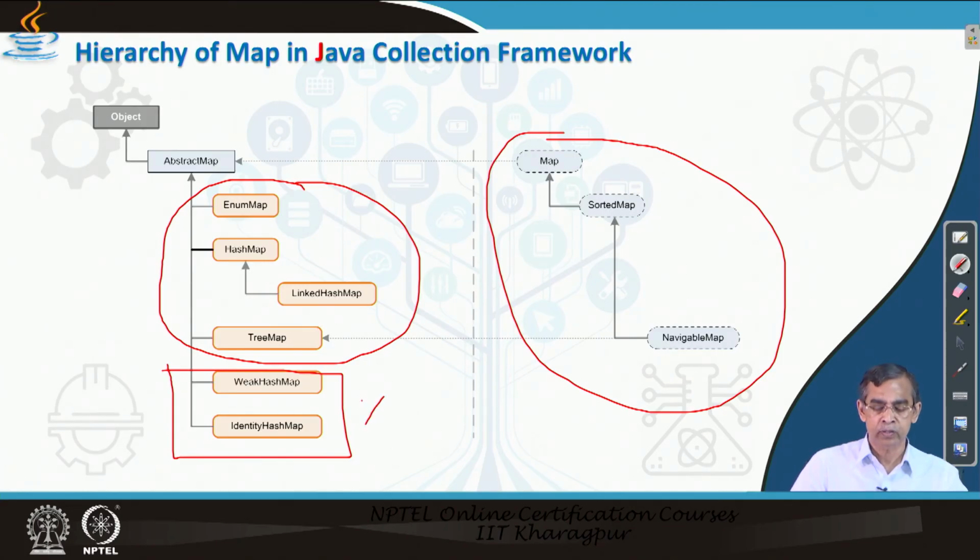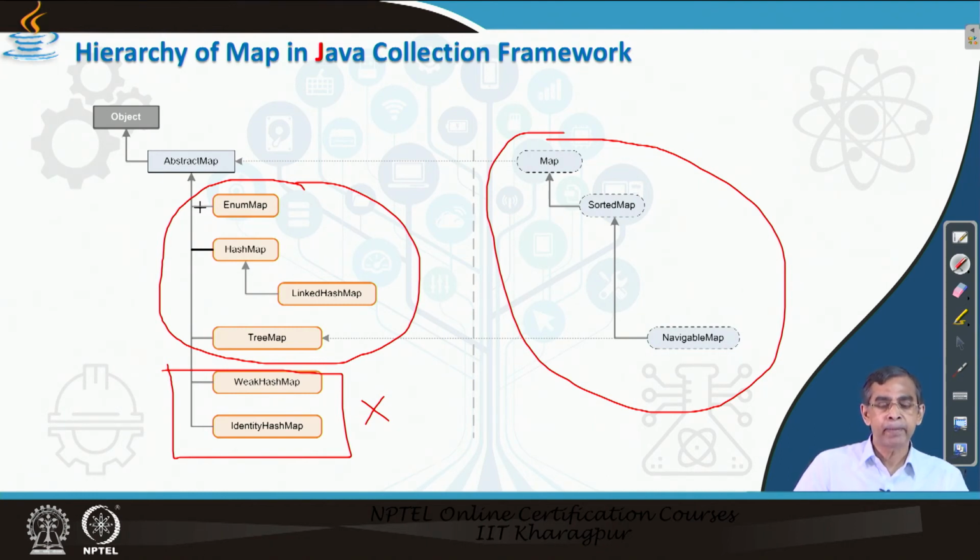So, we will not consider all those things here. Now, there are four classes: one is called EnumMap, HashMap, LinkedHashMap, and TreeMap. These classes allow you to create a collection. This collection is basically a table, and the indexing and everything will be taken care of automatically. Using these classes you can create objects, and for these objects you can call many methods: how to add a new object into this table, how to remove, how to access, how to search. So many operations, those usually required for the fastest access from the table.